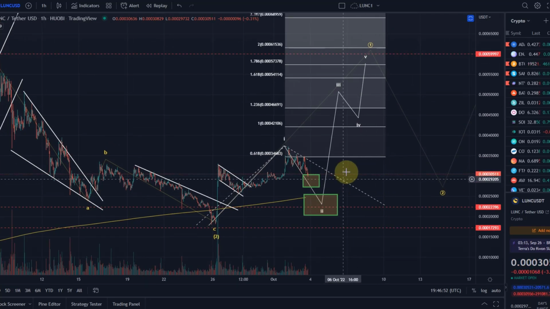Probably in the next few hours or days we know more. But for me, short term, a little bit more downside expected before we reverse to the upside. Waiting for a clear reversal signal to the upside. At the moment, we don't have this yet. Okay,